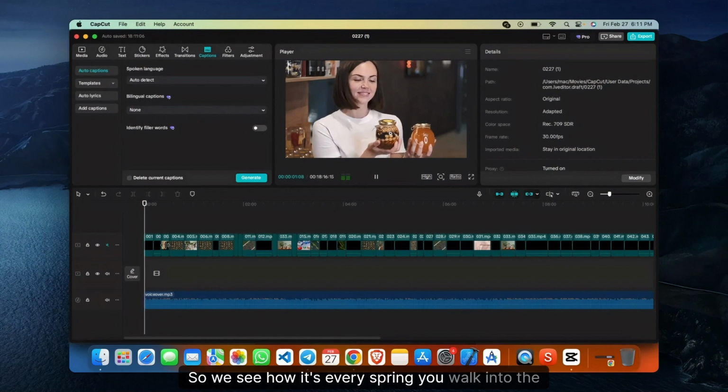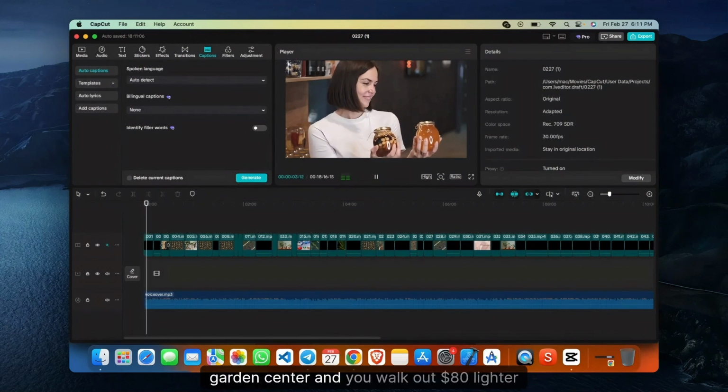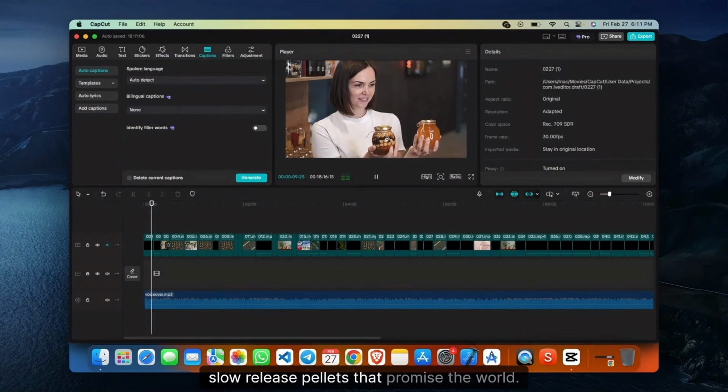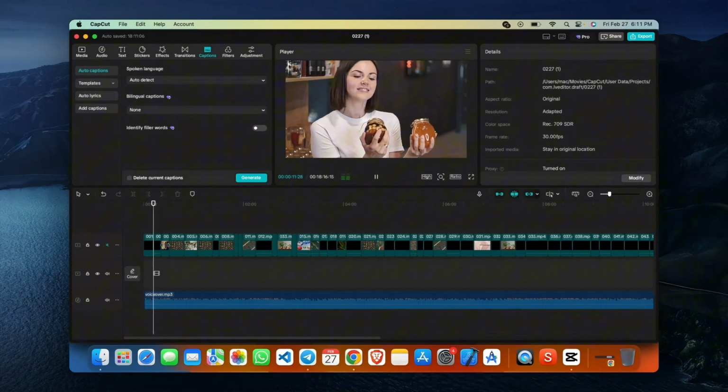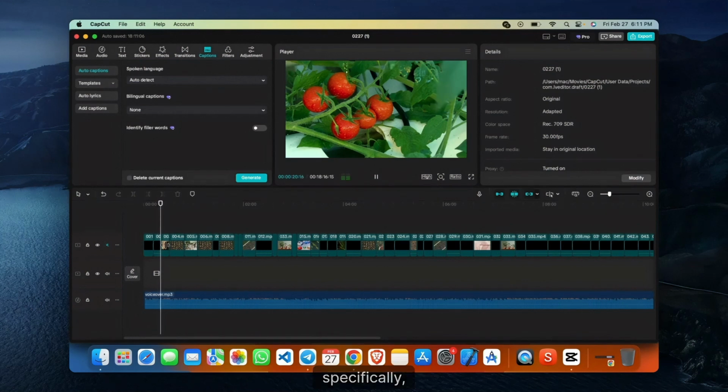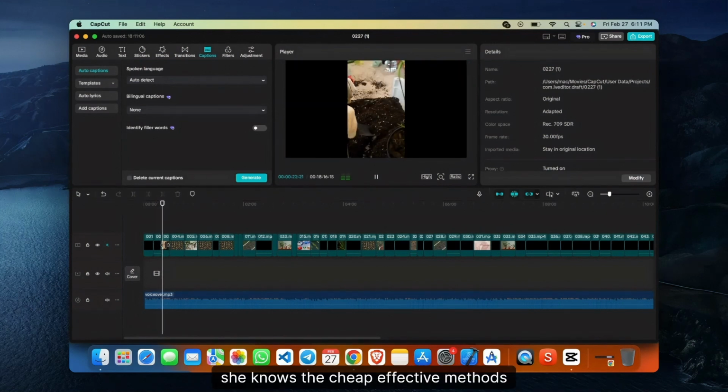Every spring, you walk into the garden center and you walk out $80 lighter. Bags of this, bottles of that, slow release pellets that promise the world. Meanwhile, your neighbor's tomatoes are twice the size of yours, and she hasn't bought fertilizer in 3 years. She knows things. Specifically, she knows the cheap, effective methods that garden centers would rather you